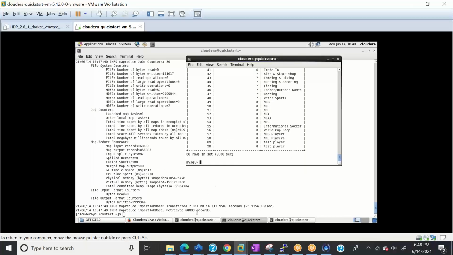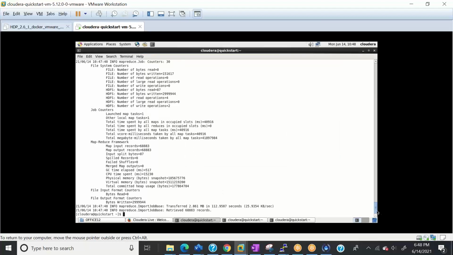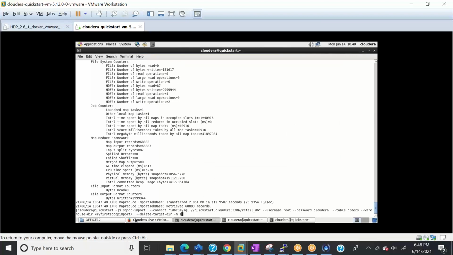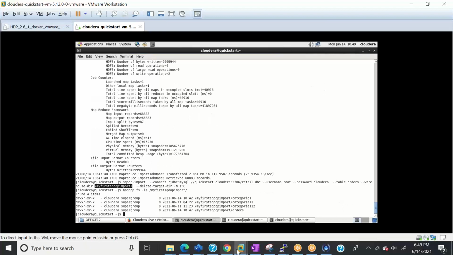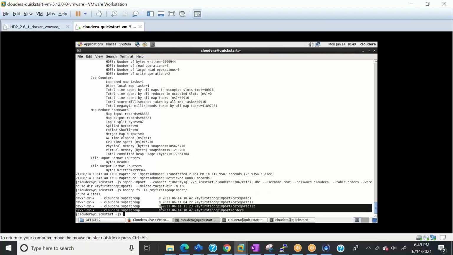Okay, so this has been run. So what I was covering here, if you see the command, I didn't mention the directory name. Here, if you see, only my parent directory is here. But ideally, if this command is successful, I should have the orders directory inside it. So let's see quickly. Categories should be already there. Now let me run it. See, categories was already there, but now it created this directory just now, the last directory.